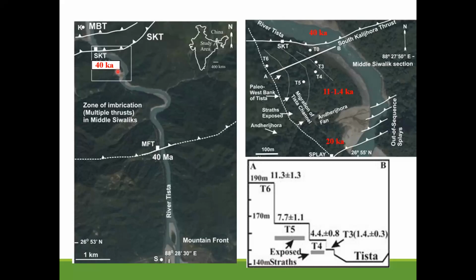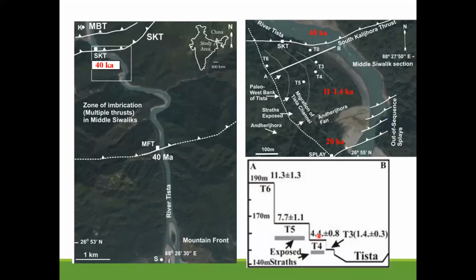at the scale of 1,000 or kilo-year scales. Every time the river adjusted its course, it left behind what is called a terrace. It's flat ground on which you have river deposits. The highest one was approximately 11 kilo years. Then the next time the river moved was approximately 7.7, then 4.4.